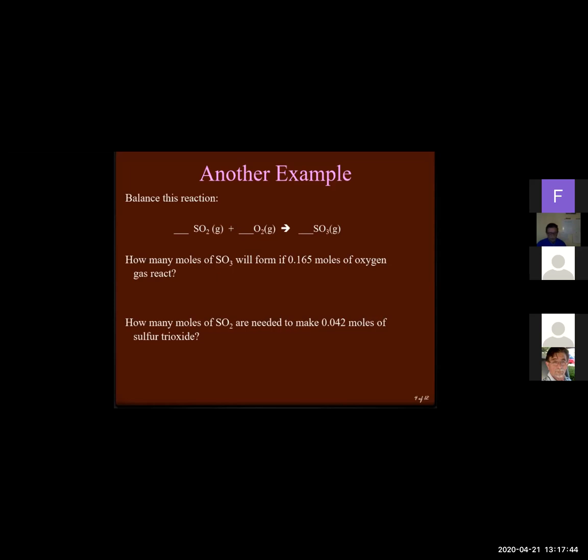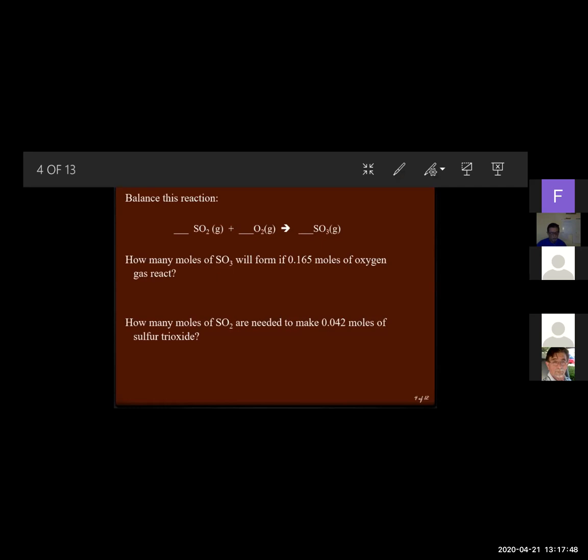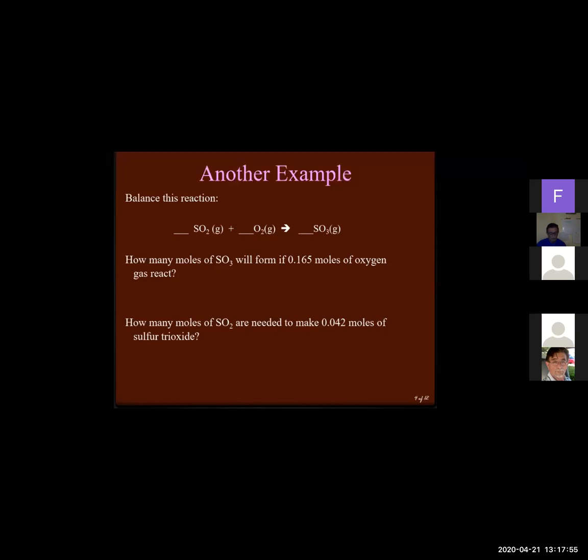But you can see I got a three. I got SO2, sulfur dioxide, reacting with oxygen to give us sulfur trioxide. So I gotta find a common factor here. So I can say let's put a 2 there, which now gives me 6 oxygens from sulfur trioxide. All right, and now I got 4 on the left side. So I come back and I put a 2 there in front of sulfur dioxide.